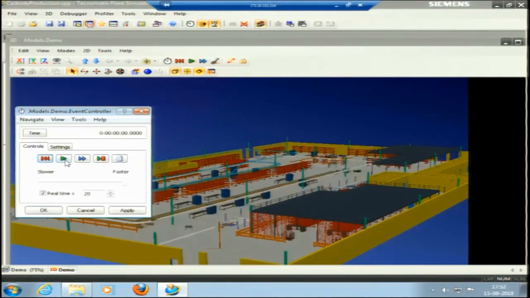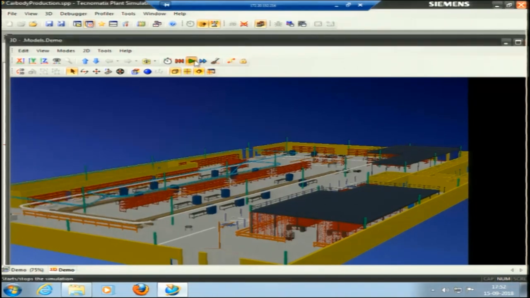Let me stop it, and let me say the speed is real time into maybe 5 times, or maybe real time into 10 times, apply, okay, then play. The car is coming here, and it is then taken by the overhung conveyor.